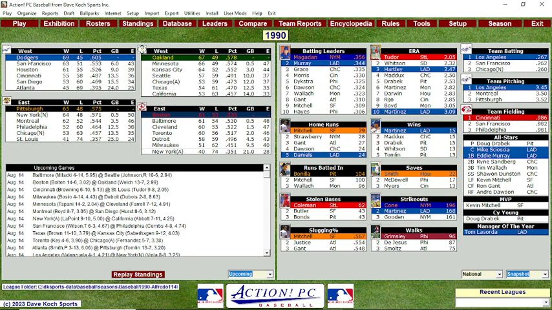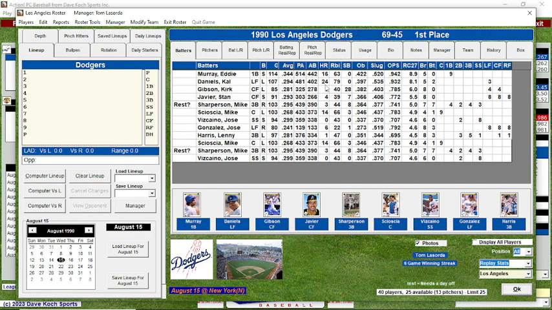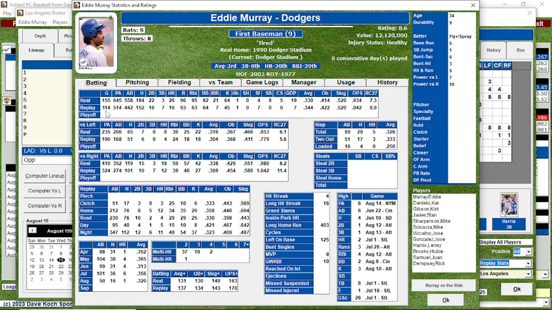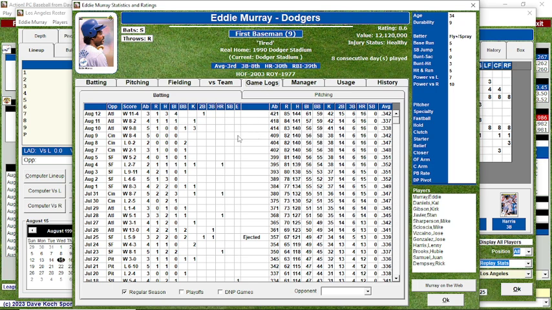Let's go see if that game is in the game log. So this number is right, 114. So all of Eddie Murray's statistics are there. Okay, 114 games. But let's go to the game log and see if those last 2 games are in it. Against the Braves and the Mets is the last game that they played. And you can see it's not. And it never will be. So this number is never going to be correct. None of these total numbers over here will ever be correct.